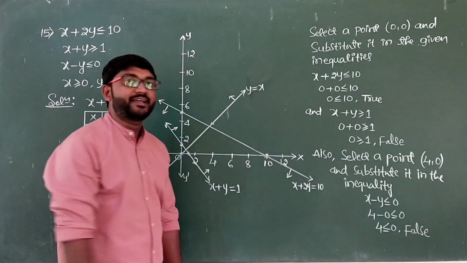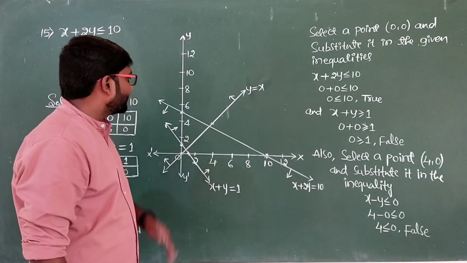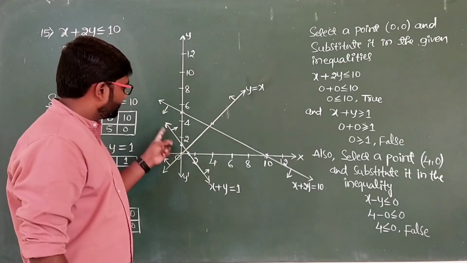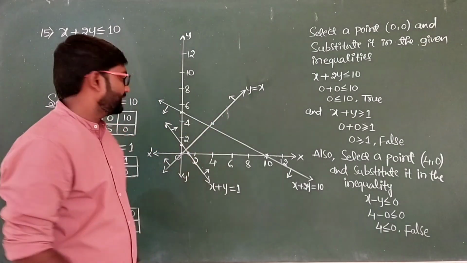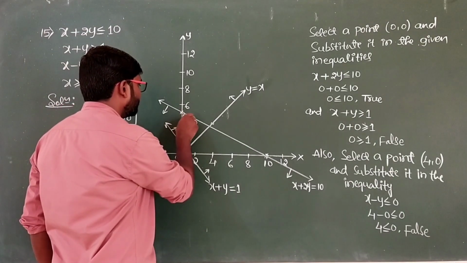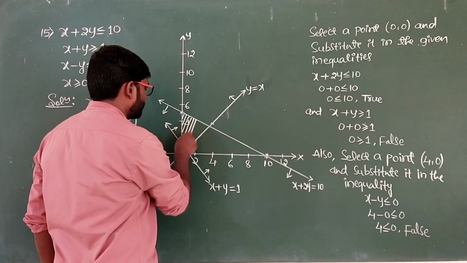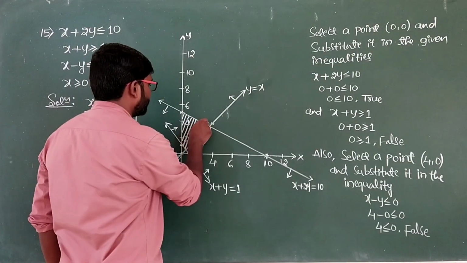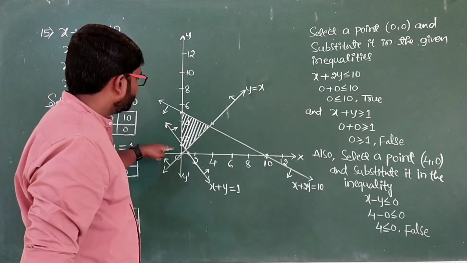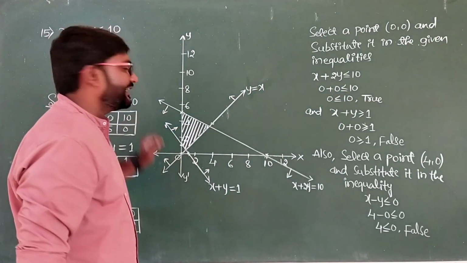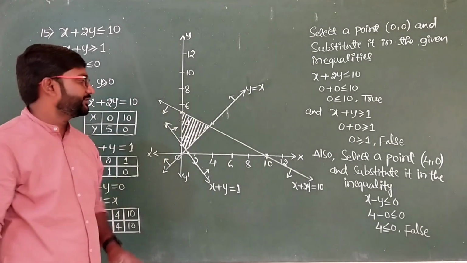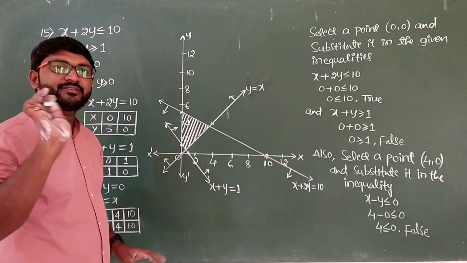Now we have to identify the common region for all the 3 lines. For this line it is towards, and for this line it is away from 4, 0. For this line it is again away from the origin. For all the 3 lines, this is going to be the common region. This smaller portion is going to be the solution region. So don't take this portion. We should not go for negative x-axis because x and y both must be greater than or equal to 0. Both have to be positive. That is why the shaded region is in the first quadrant.